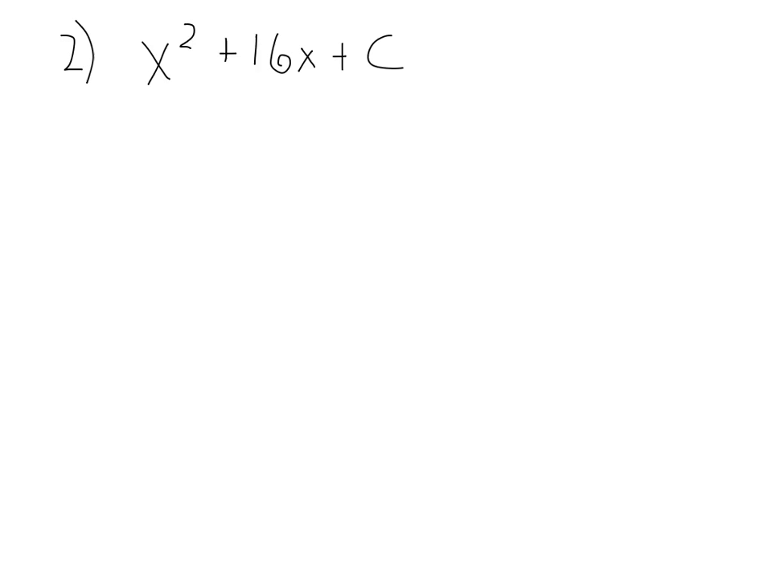Okay, this one says to find the value of c that makes this expression, this trinomial, a perfect square trinomial. Make sure you underline that perfect square trinomial. Then write the expression as a square of a binomial. Okay. Well, we've already discovered in class where we get the formula for finding what this value